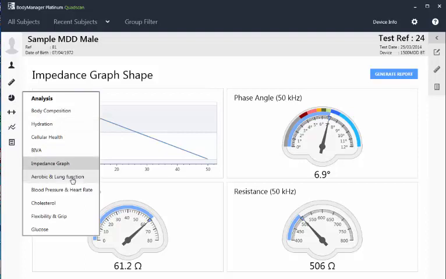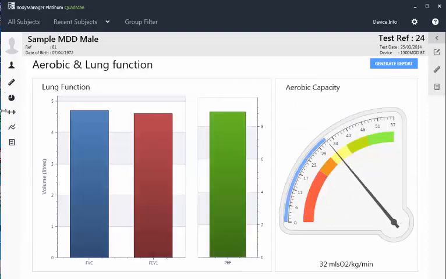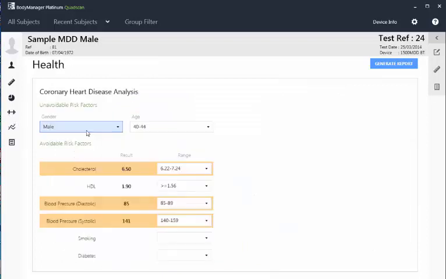So we won't bother going through the lung function and all of this. This you can add in, you can have a look on your own. The next one down is motivation, health. For each of the subjects, you can change the gender, change the age, and click into the cholesterol and blood pressure and see if they're smoking or have diabetes, and this will generate a report, like a health